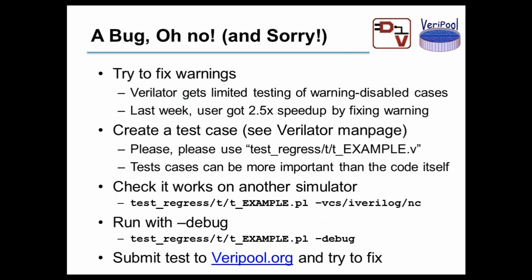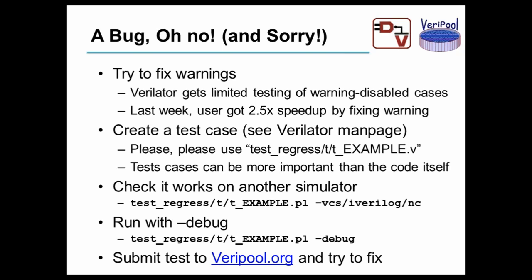If, unfortunately, you get a bug, which I know happens, I'm sorry, the first thing to do is look at the warnings. Verilator, like all other tools, we do test the warning cases, although it obviously gets less testing when people have turned off a warning or ignored something it's complaining about than cases where you have clean code, or what Verilator considers clean code anyways. And the same thing is also true in terms of performance. On the forum, someone actually just mentioned that they got a 2.5 times speedup of their code by turning on